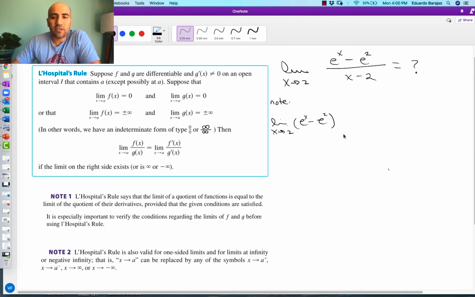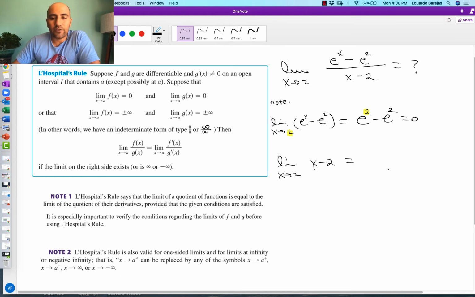So because it's continuous, I can just replace the value of x with the 2. This is equal to e to the power of 2 minus e to the power of 2, where this 2 is the result of that guy right there. And e to the second power minus e to the second power, that's just going to be 0. Okay. Now, in the denominator, the limit as x approaches 2 of the function x minus 2, well, again,